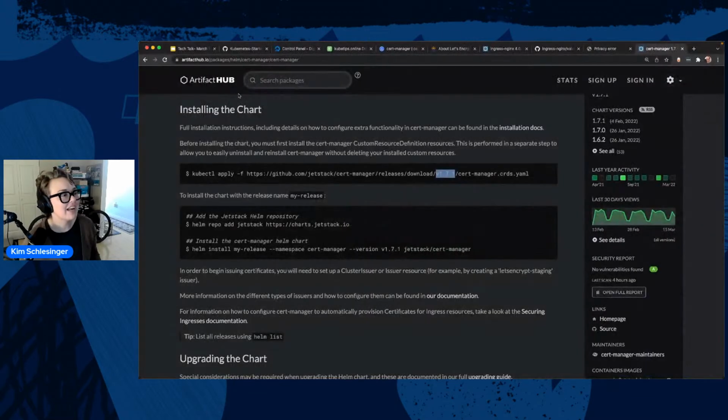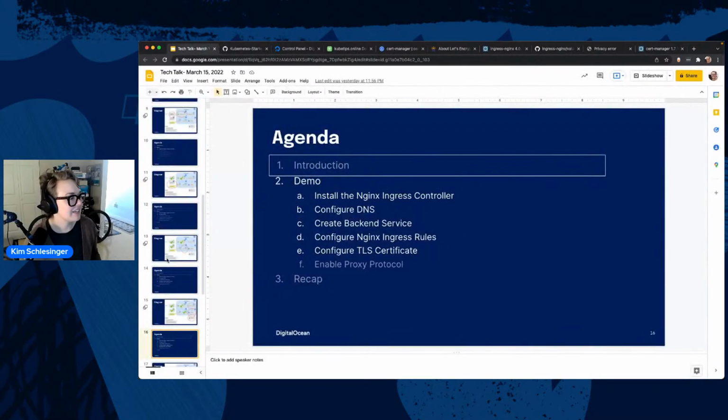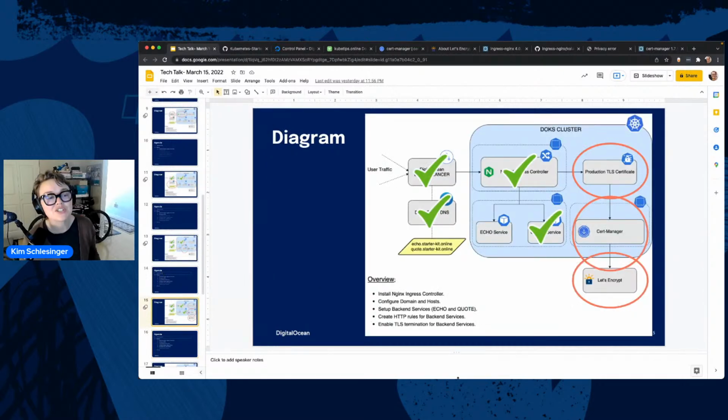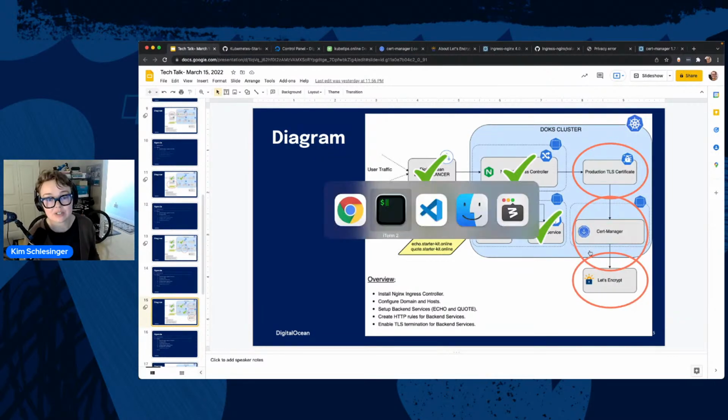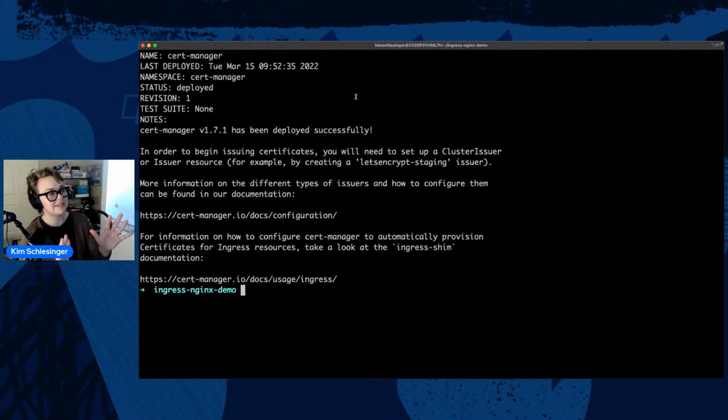Okay, well, all right, while we're waiting, let's go back and just take a look at what we're up to. And so what we're doing right now is installing cert-manager. Created a cert-manager namespace, added the CRDs, and then now we're installing the Helm charts. Excellent. This is the thing I want to see. It's that Helm message. Hey, I deployed cert-manager.